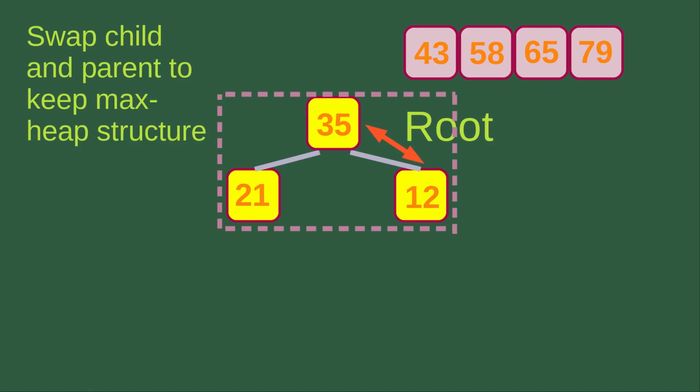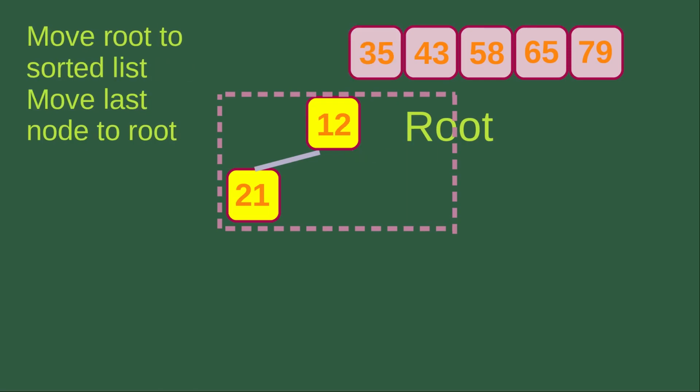So in this case, we need to do the swapping so that 35 becomes the root and 12 becomes the child. In this case, the max heap structure can be maintained. So after maintaining the max heap structure, we can put the root to the sorted list and the last element from the original max heap structure to the root. So in this case, 35 becomes the fifth largest element in the sorted list, and the max heap structure has